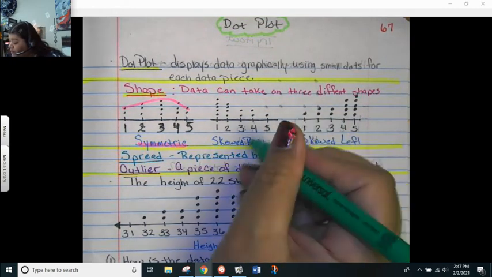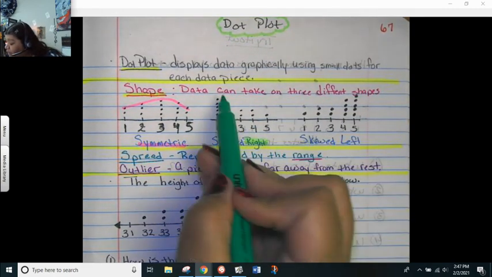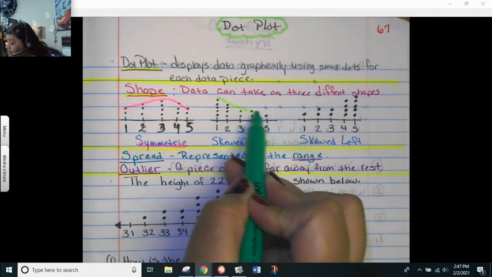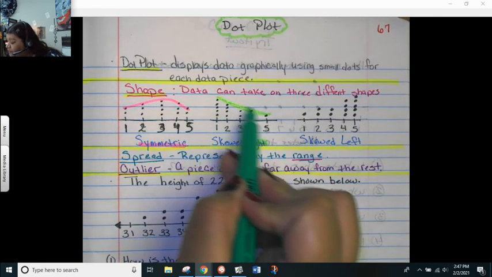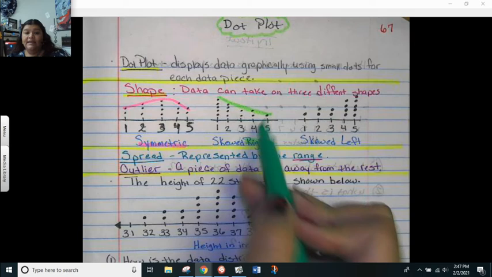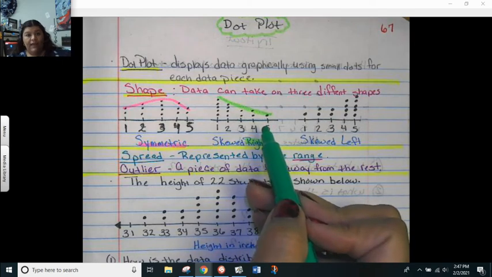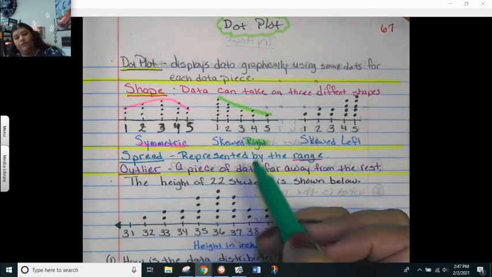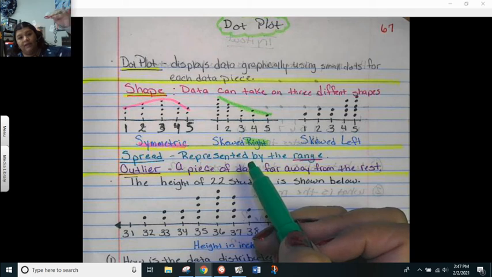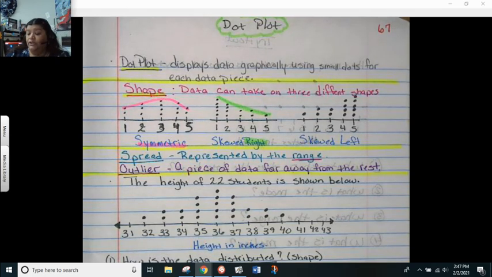On a skewed right graph, when you connect the top dots, the tail, I call this the tail, tapers off to the right. So you start off high and then it tapers off to the right. So this is skewed right. My data is going down to the right. Okay. And skewed left,